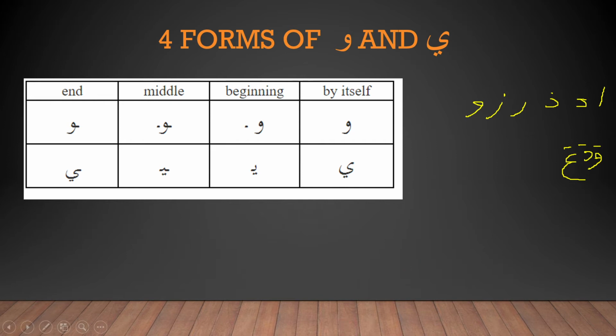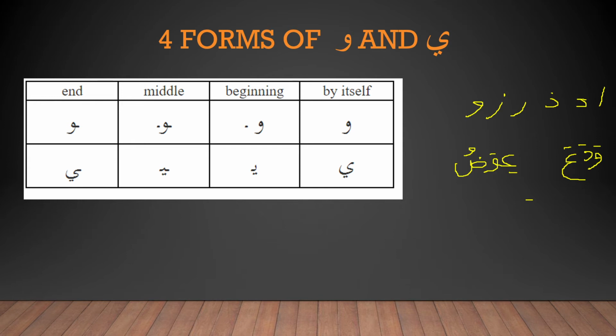In the middle, we can write iwad. This is iwad. We can put it as iwadu. Okay? So there's ain with a kasra, waw with a dhamma, with a fatha, and dad with a dhamma. And waw is not connecting with the dad because it's one of the letters that do not connect with the letter after it. And now for the last case, we can put